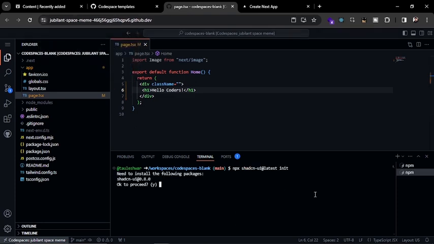And now here you can see we can install this by pressing Y, and here we can choose the theme from the Shadcn. I'm going with the default. Now you can see the color scheme, so I'm going to select our default only. And here you can see we can also use the CSS variables for the colors. I'm going to press yes,